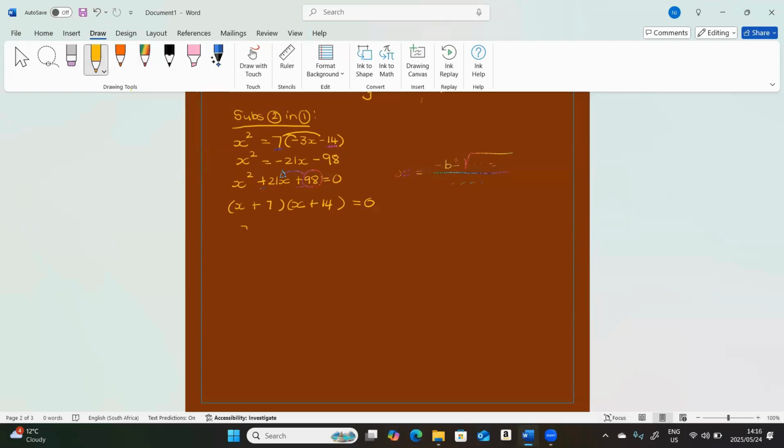Okay, so now we can obviously get our x value. So that means that x equals -7. When we equate this bracket to 0 and take the 7 over to the right, we would get x equals -7, or x equals -14. So there we have the x values, guys. Now we only need to get the y values, and to do that, you can just go and substitute x equals -7 or x equals -14 into,